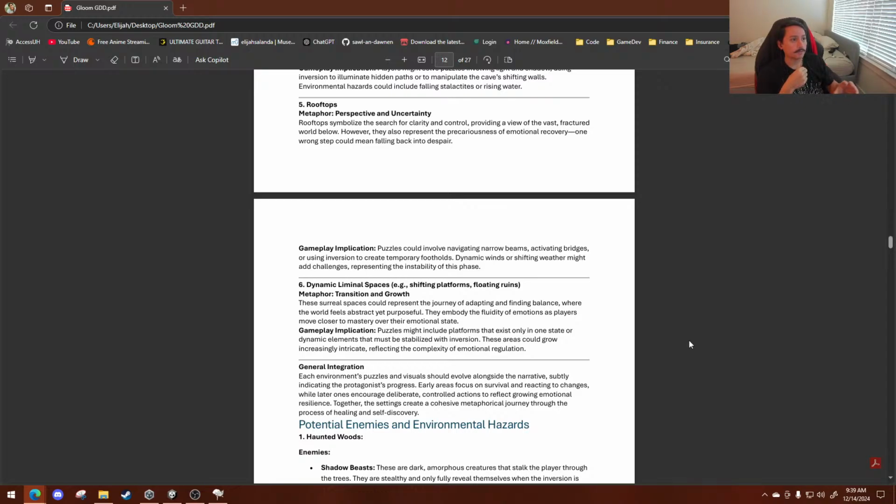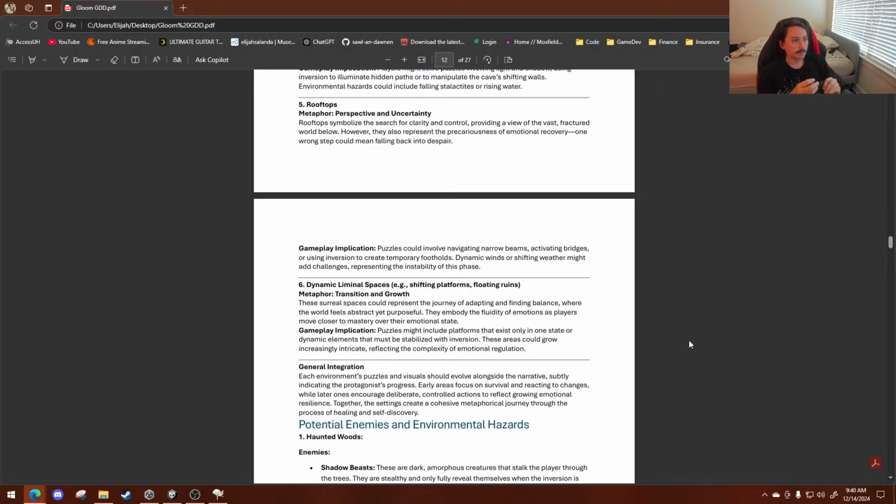And that will be kind of represented through the rooftops. So you dive down into the caves, which is the lowest point. It's the ebb and flow of people's emotional states, people growing and becoming mature, but also for the game's sake, it's the lowest point and the highest point of tension in the game. And then the relief and catharsis is in the rooftops, which is representative of rising up to enlightenment, kind of, right? So you're rising on the rooftops,